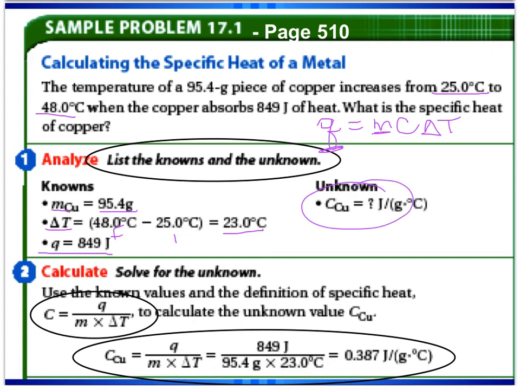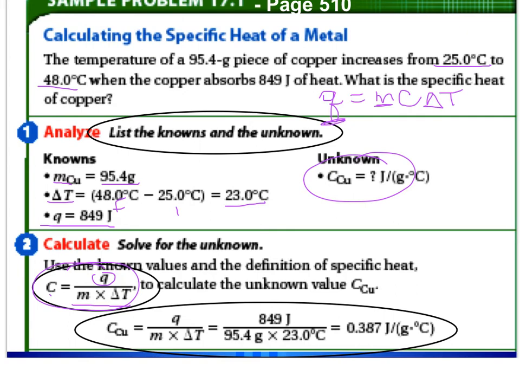So we go ahead and rearrange the formula for C down here, so it'll be C equals Q over m times delta T. It's a little hard to see here. Let me see if I can move this slide up. Give me one second. There we go. I hope you can see that a little bit better. So now here's our setup. We just go ahead and plug in those values. We do a little calculation, and we should be coming out with